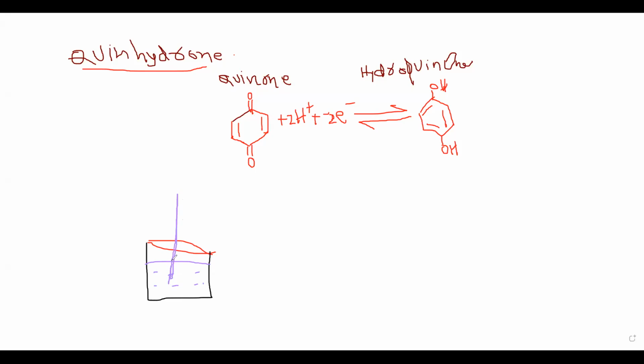Okay, a platinum wire is dipped into this one. This acts as a half cell. Very simple: take water, quinone and hydroquinone. That's all. It is connected to the pH meter again. Here this is nothing but a quinone and hydroquinone mixture, and it is connected to the calomel electrode again, the same